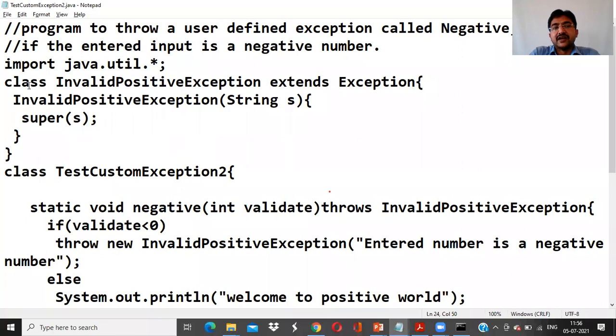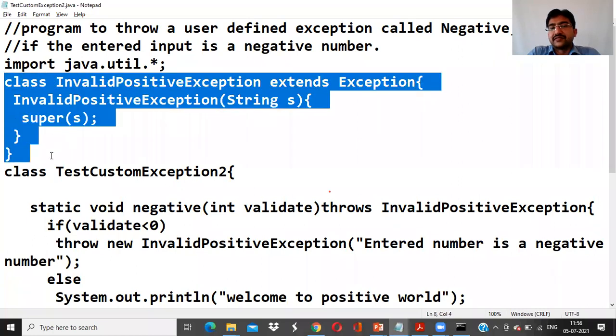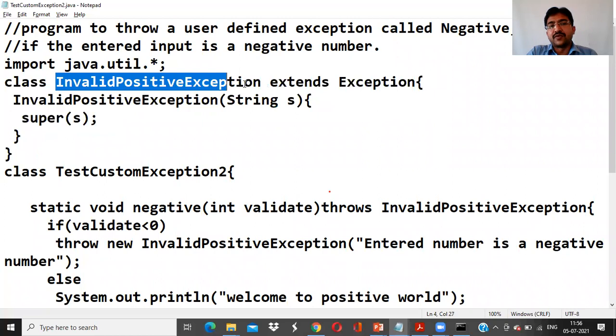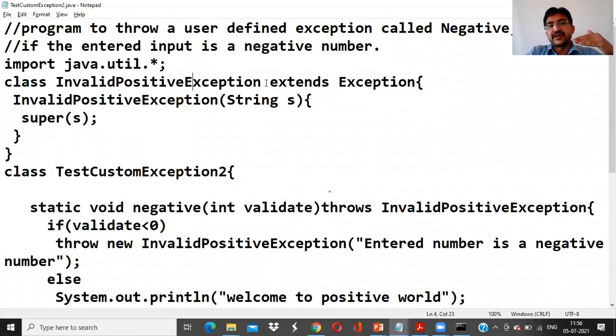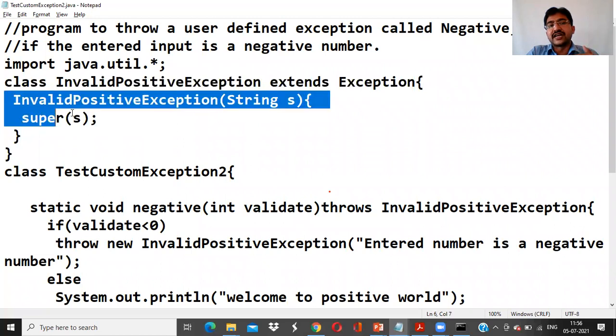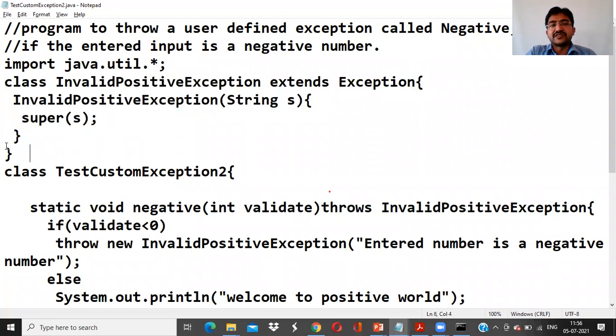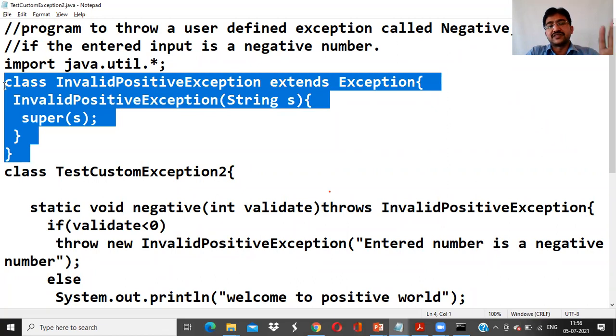So like this also we can write it. And just remember, how to write a user-defined exception, this is the simple way. Theoretically you can remember the exception constructors and the Throwable methods. Practically, when you are creating a user-defined exception, please remember to use extends Exception. Exception is the parent class and the user-defined exception is the child class. And we have to call the constructor here. That's all. To create a user-defined exception, 3 or 4 lines are enough.